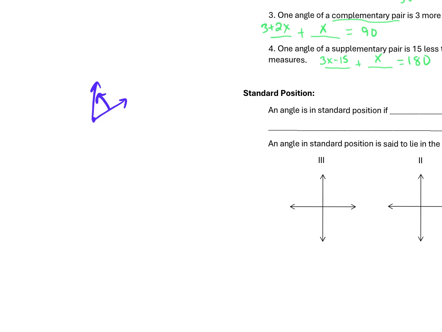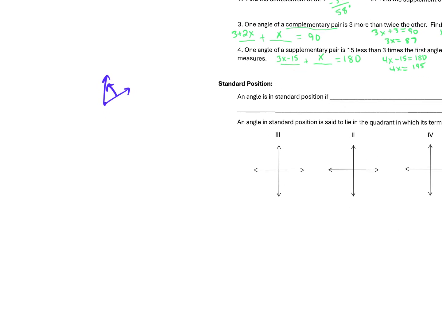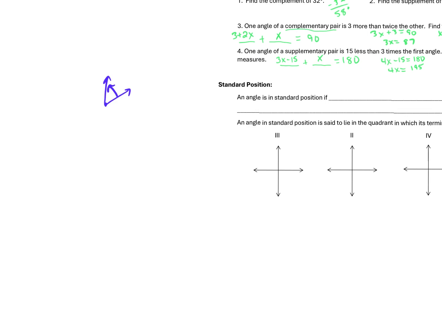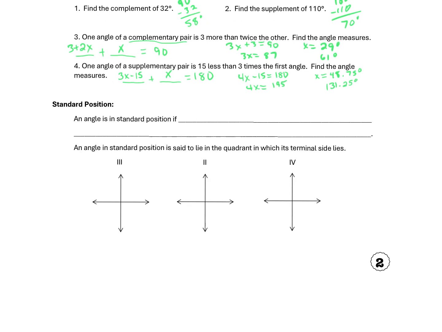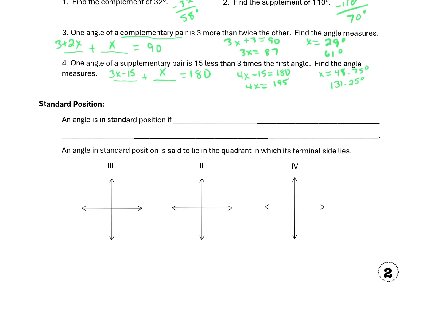All right, so for an angle to be in standard position, which is pretty much without fail what we are going to deal with or address in trig, the angles are going to be in standard position. So you need to be familiar with what it looks like or what it is. So an angle is in standard position if the vertex is at the origin,